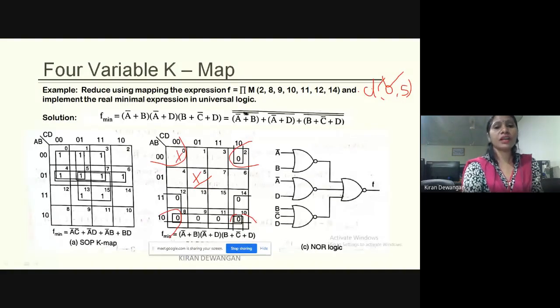So यहाँ पर out of these two don't care terms, we are making use of the 0 and we are not using this one. The 5 is not required in any quad or pair formation. So we are ignoring this one and we are using this one. So that is what is a concept of quad. Sorry, don't care. Is this clear? We'll see the questions of it in next class. हम next class में इसका question देखेंगे.